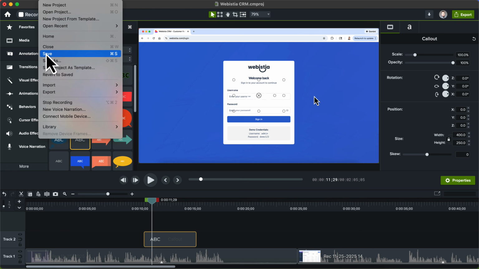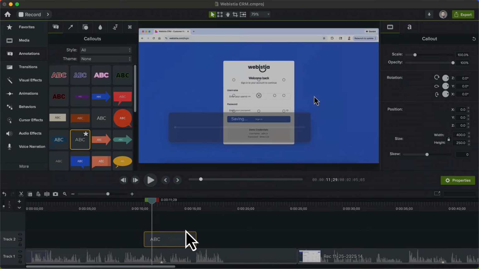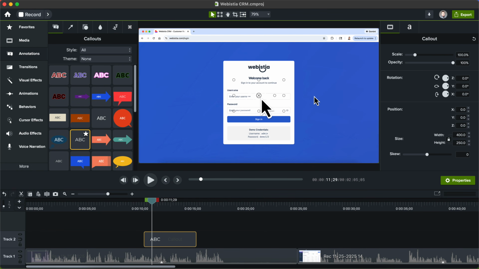Let me hit save too. I realize I haven't saved in a while. And it's going to add it here on the screen. You can't really see it, but I'm going to move it over here. There it is. And just like a text field in any other tool you might use, PowerPoint or something like that, I'll go